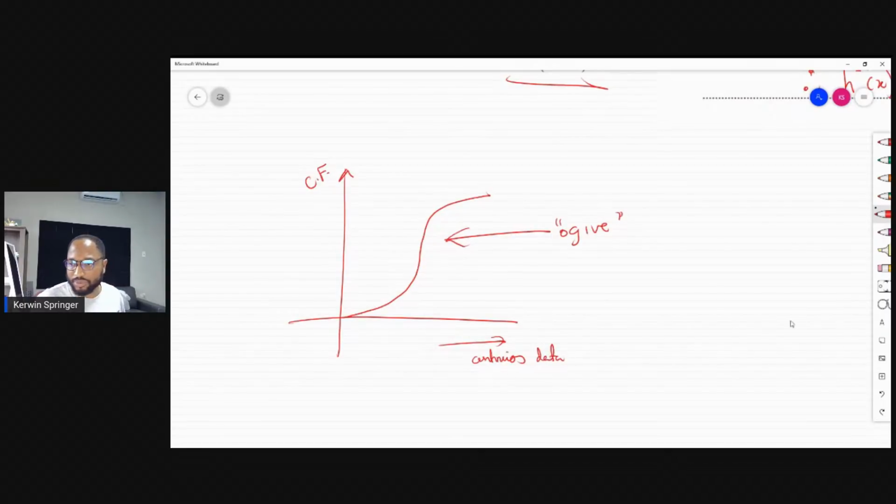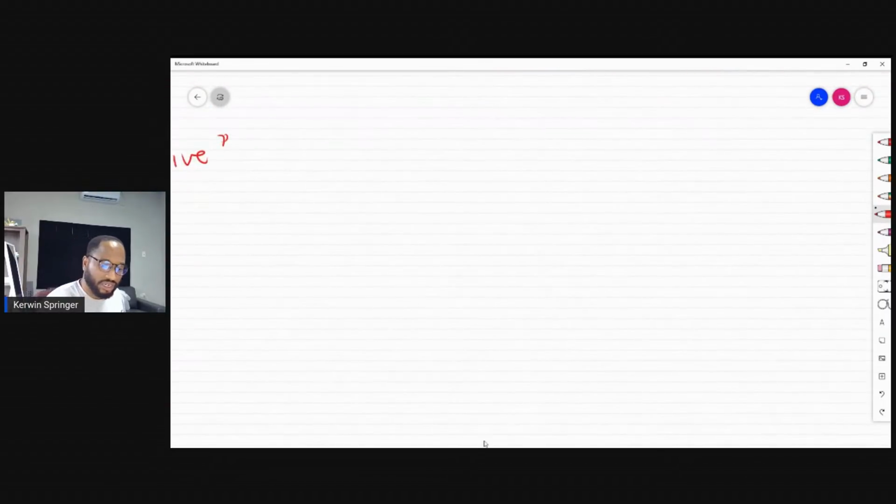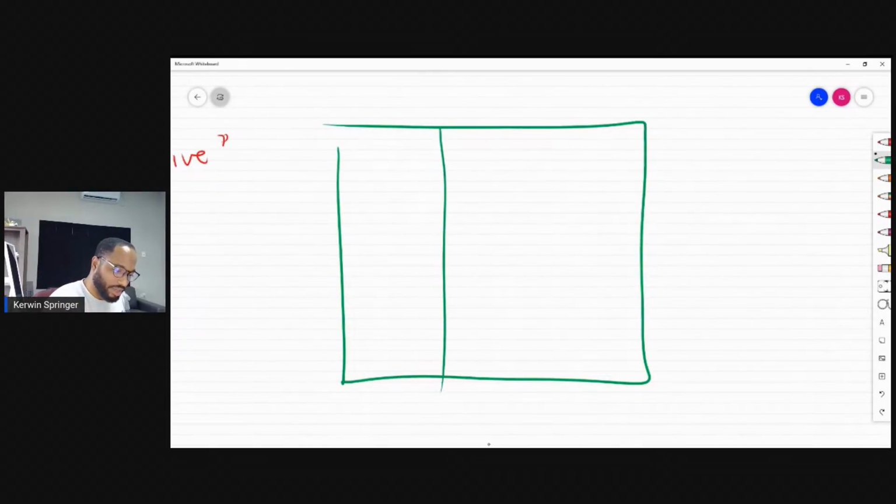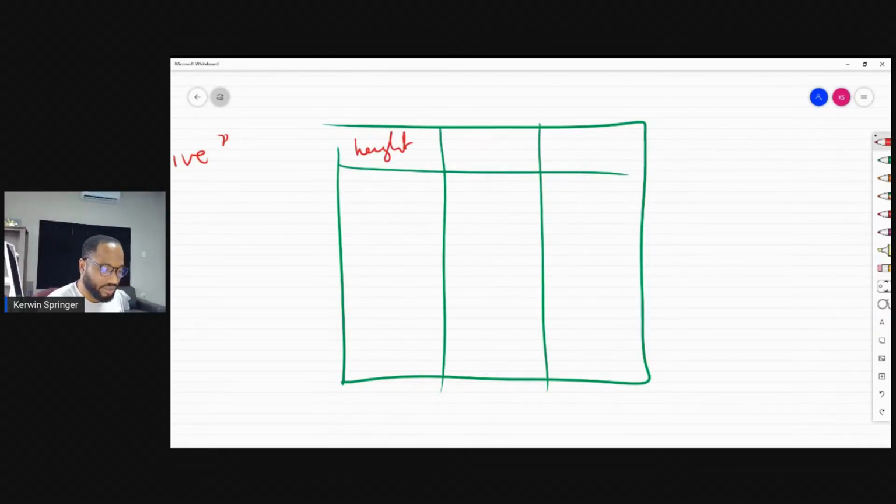So let me give you an example. And this will carry across a good few topics. Let's give you maybe a few categories. So let's say this is the height, or let's say maybe age. Yeah, age is an easier thing to use. And let's say this is the frequency. And this is the cumulative frequency. Now, they would just give you this, but they wouldn't give you this column. Most of the time, they really give this column, right? So they might have something like,